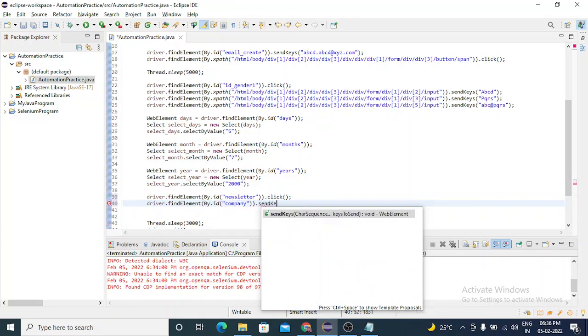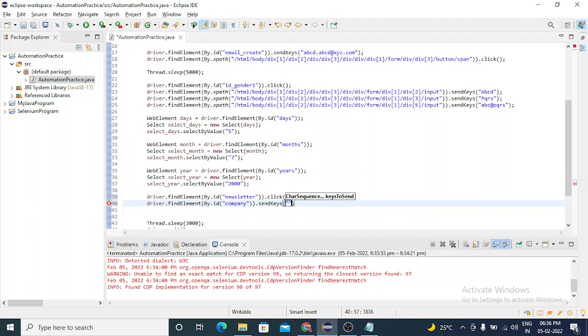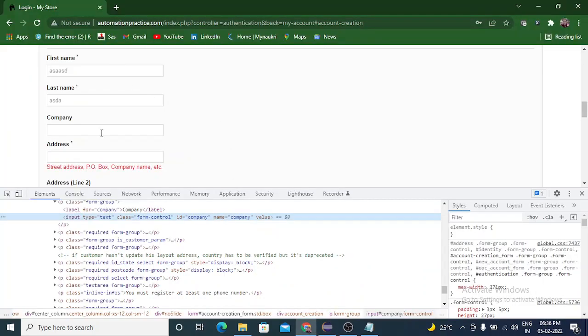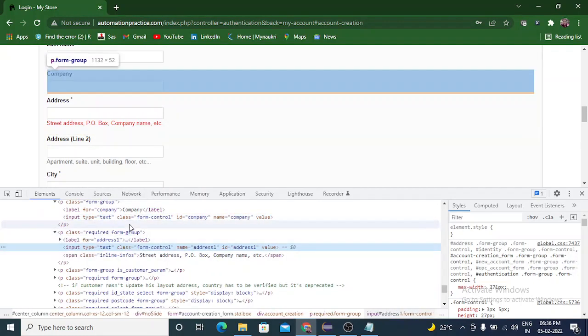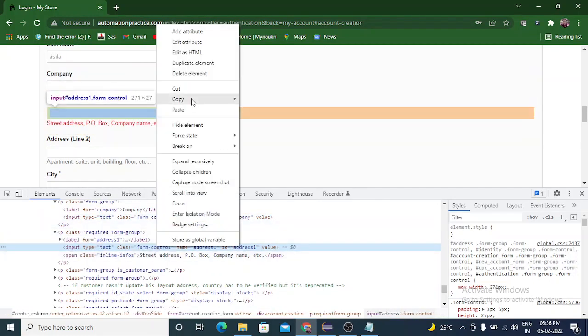So send keys. Suppose my company is ABCD XYZ. Okay, I have sent. Then company address, inspect, same thing.